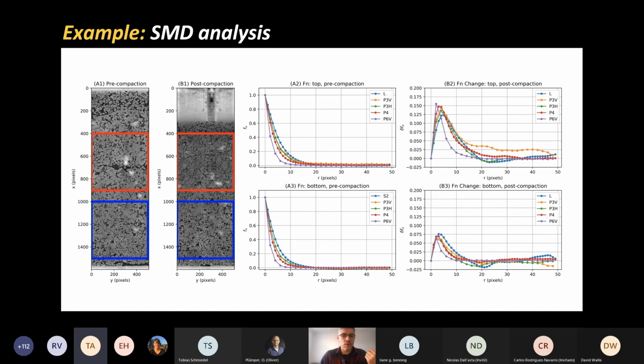If you remember, before I told you that the porosity had increased in the bottom. But actually, what the curve says is, true, porosity has increased, but the average size of a pore has actually decreased. How is that possible? Well, the curves show us that there's a negative bump here at 20 pixels distance. And this means that these curves are telling us that porosity increased by the pores actually being crushed, but the grains rearranging so smaller pores at a distance were formed. So the overall porosity has increased, but the structure of the microstructure has been abstracted and captured by these curves.